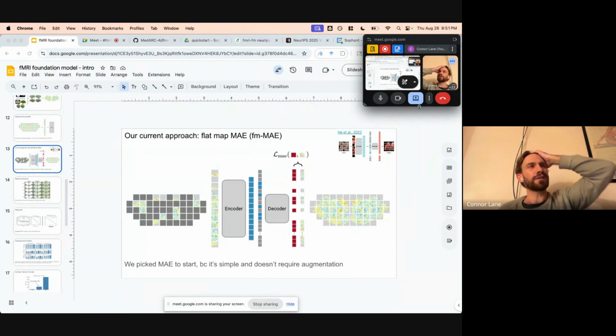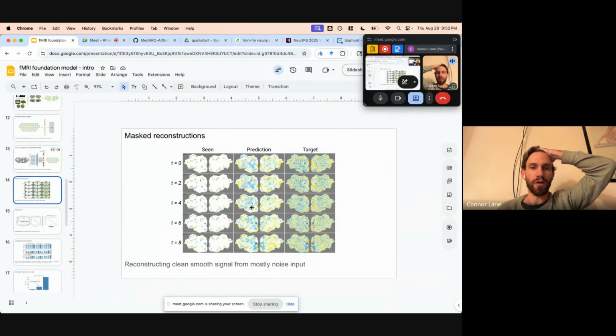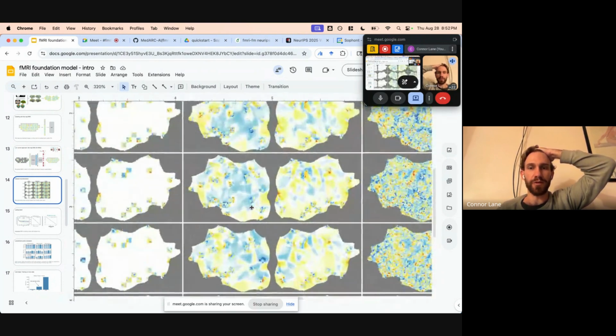that sort of thing. That said, I think there still is a lot to think about, especially in terms of how to refine the MAE task to make it an even better fit for the fMRI data. Something that's unique about the fMRI data is that it is quite spatiotemporally smooth, and you can see this in the quality of the reconstructions being very smooth.